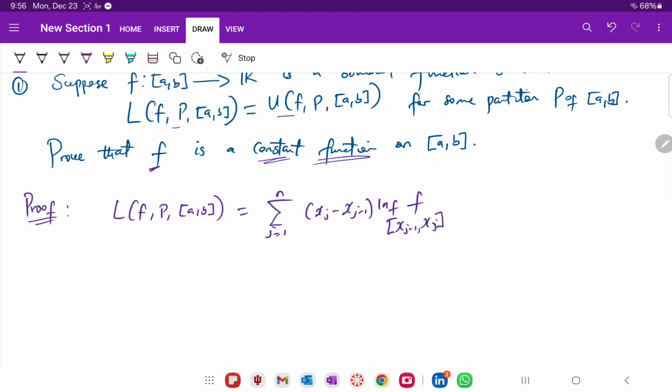So that means that we have a partition. Let P be any partition